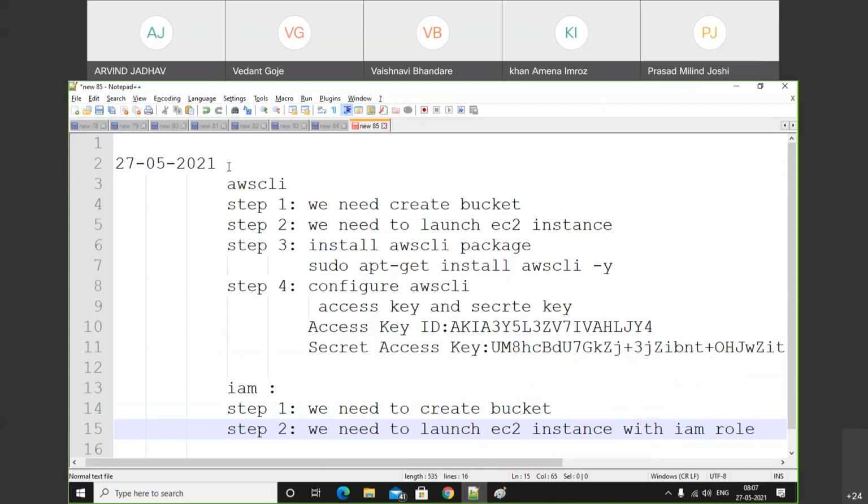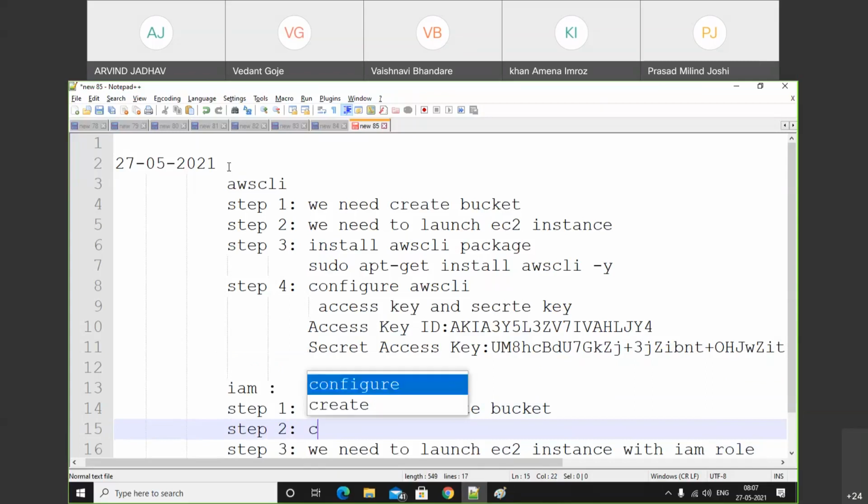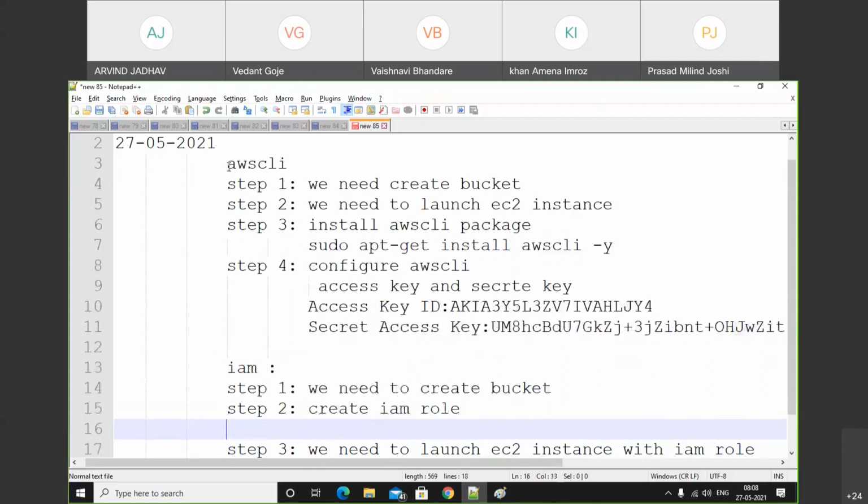So that is a little different. So we can say that this one is step 3: we need to create the IAM role. So let's do it one by one.